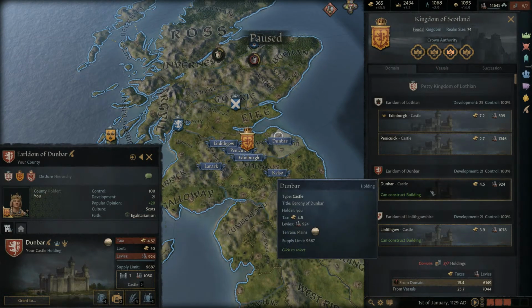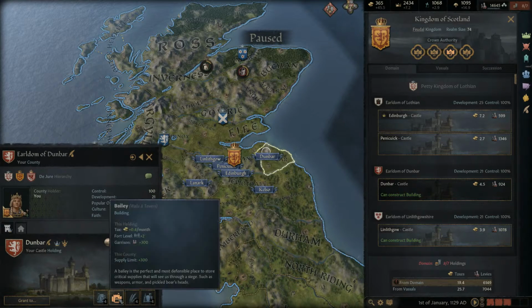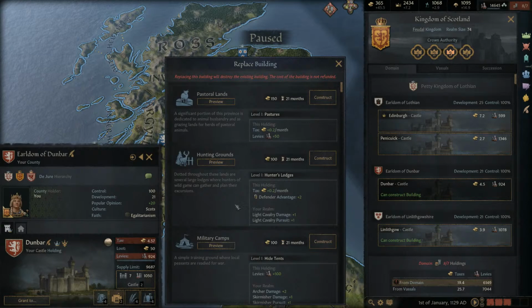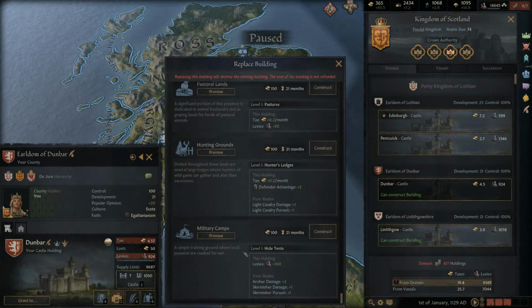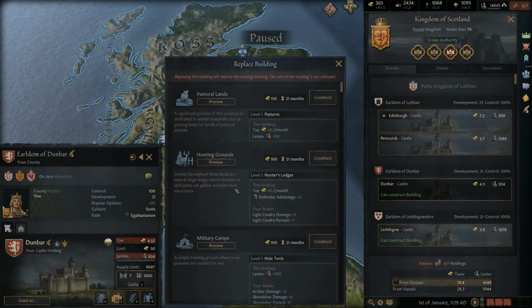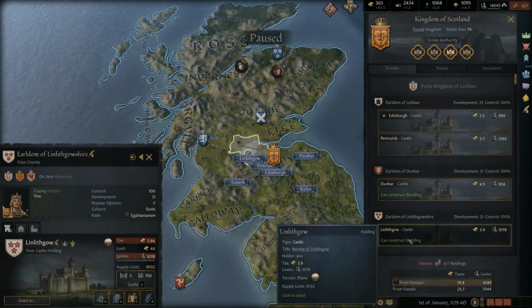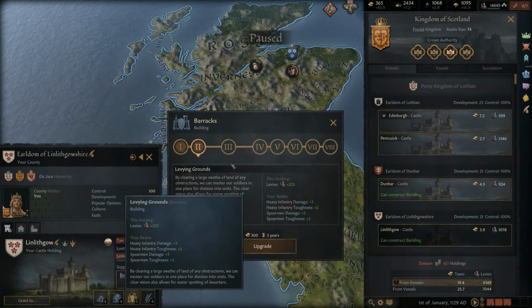So what can we boost? Dunbar. We can increase the defenses of Dunbar. Why is this super defended? I feel like it should be something else. Yeah, let's leave it, I guess. Let's leave it as it is. I'm not going to boost it, though. I'm not going to spend the money on it. This, however...